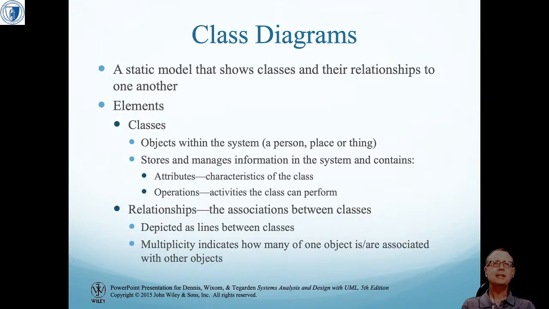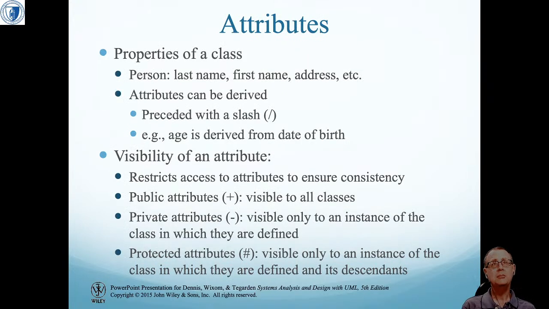Okay, so here's more detail on class diagrams. It's a static model that shows classes and their relationships to one another. Right, the elements of the classes, the relationships between them. On a class, you've got properties, right? The last name, first name, address for a person. They may be derived,